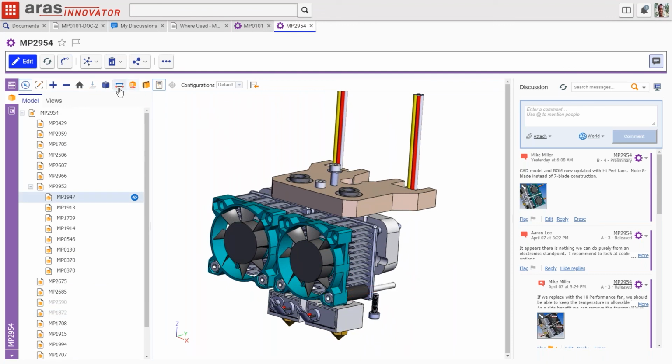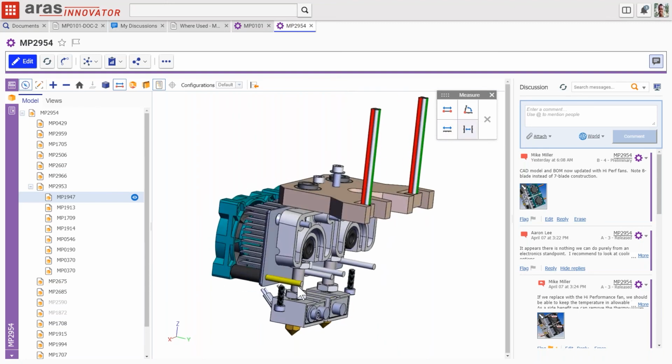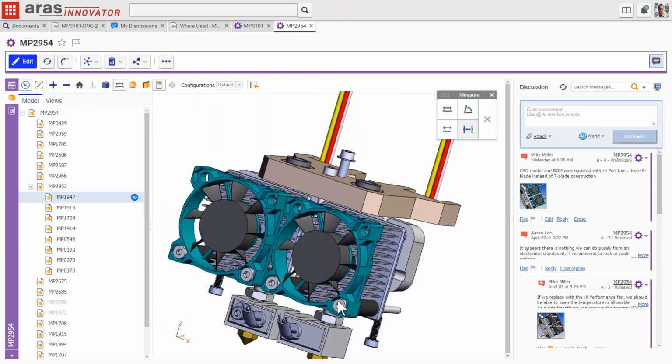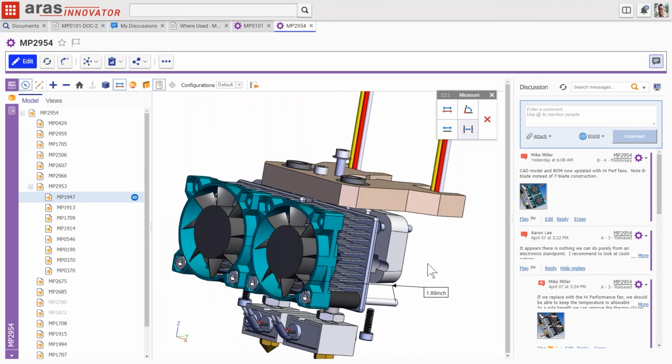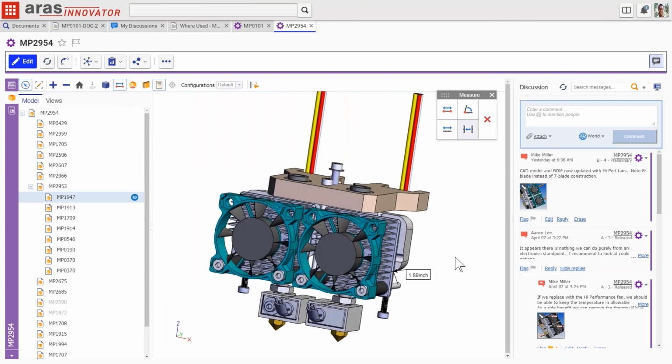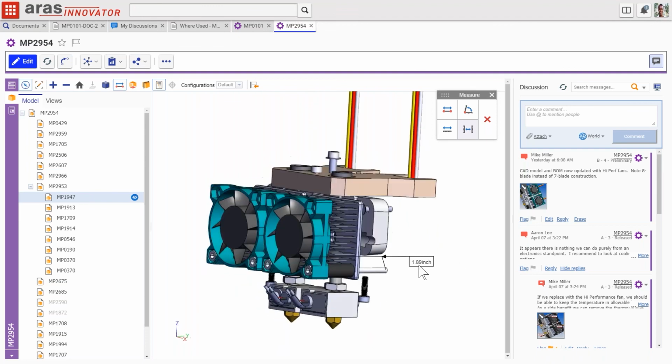And the last tool we're going to see here in the CAD visualization is the measure. So he's got the option to measure from point to point, angle to angle, measure the edges. He's going to measure between faces. Grab the back, grab the front, and show me my little metric there. He'll get a good angle on that for his team. Here's the distance I'm looking for.